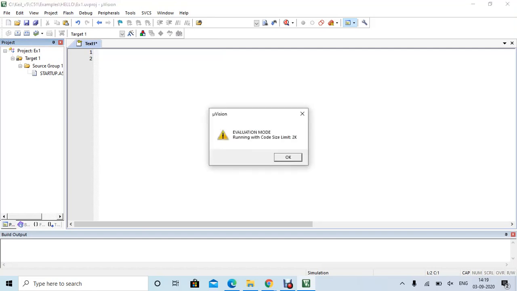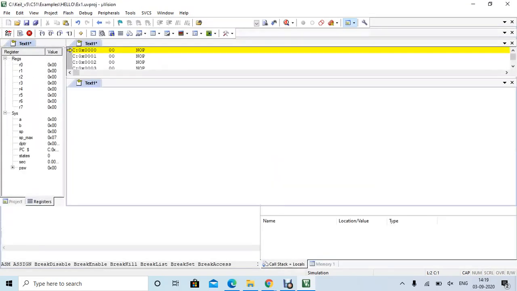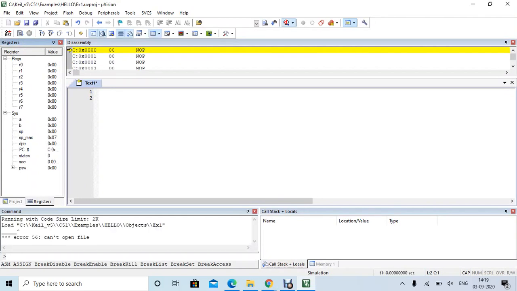And then it will open the windows. Here you now require a memory window to be added so that you can enter the input values and check the output.